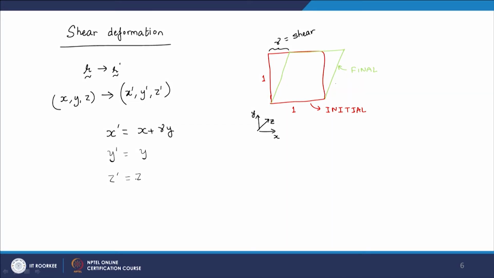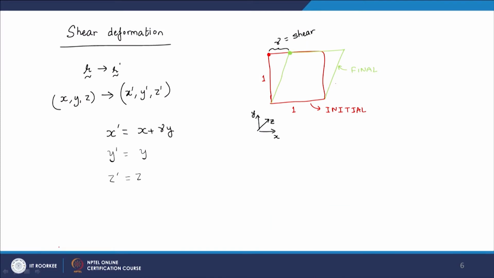So, let us say we have a point right here, this point in the final state comes there. So, this point moves along x by gamma and it does not move in the y and z direction. So is true for every other point we can draw in the system. So, let us say we had a point here, this point retains the same y and z coordinates, only changes along the x, and we can